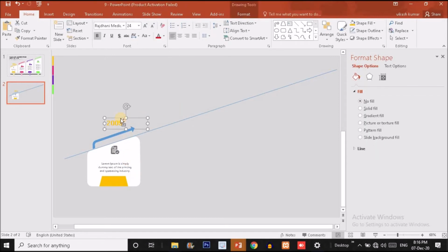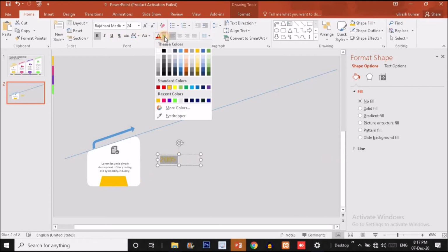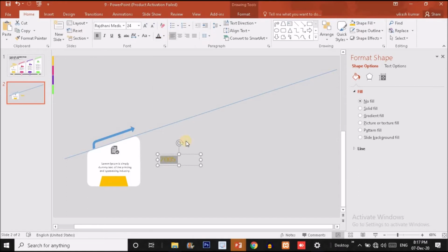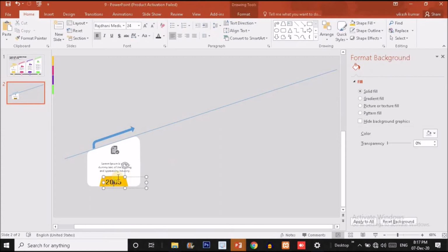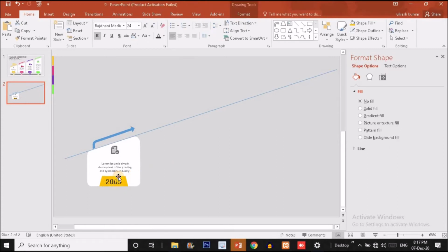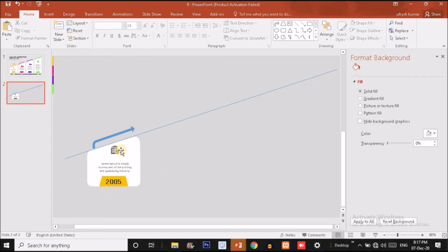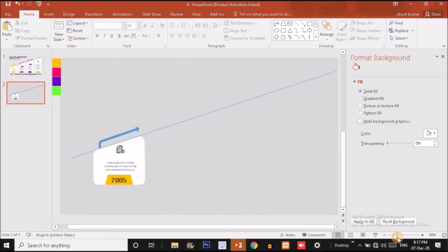Before doing this, I will change the shape fill of this text to this one, and now put it over here like this, which was missing in the previous slide. So sorry for that, I'm doing this in this particular slide. Now our shape is ready.